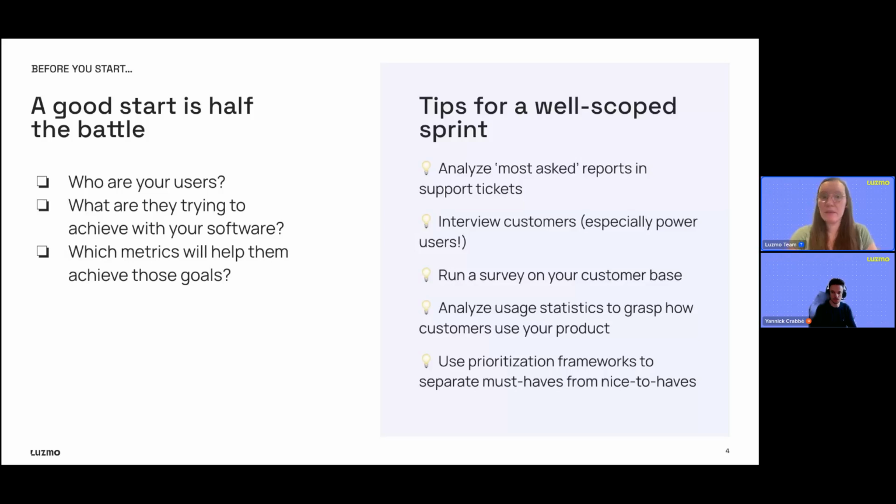To make that a bit more specific, we do have some tips also to scope out your sprint well that we've seen work really well with customers, with companies that we've talked to. One of them being just looking at the support tickets that you currently have in the backlog. You'll oftentimes see people asking for specific reports, specific data points that they want from your application. So just going through these, analyzing which ones are the most asked will probably give you a good indication of where you should start and what are the most basic metrics that a lot of your users will get value